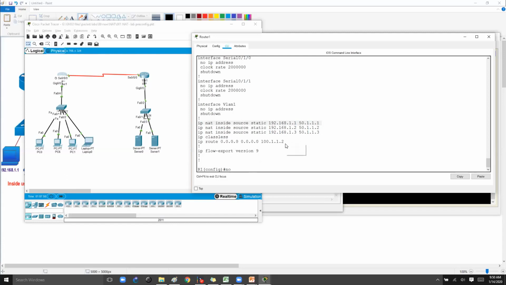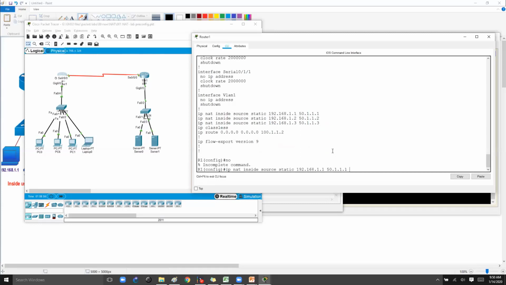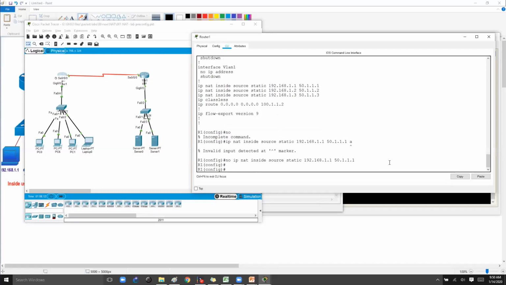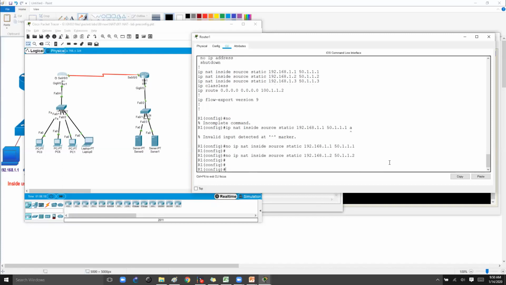So I'm going to copy paste, and try to remove it, and it removes. Normally it will remove.